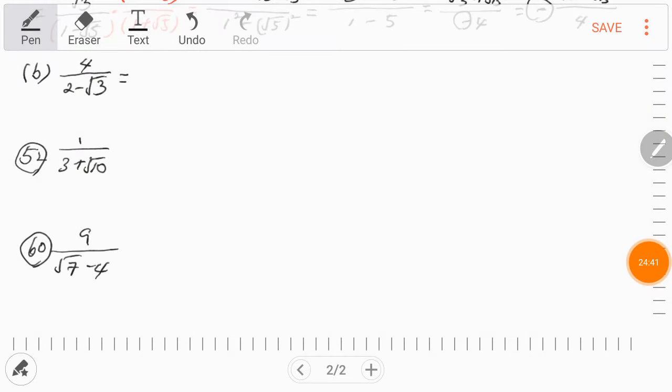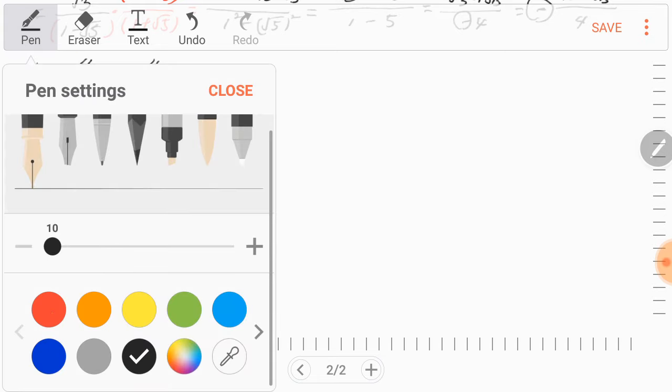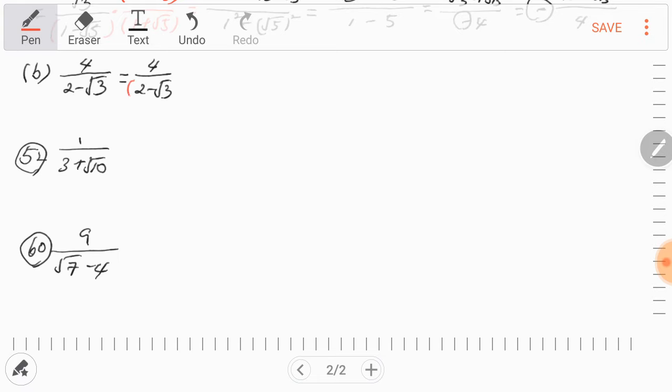Okay, let's keep doing our examples. Okay, in this case, we're going to multiply. The denominator contains square root of 3. So we have to multiply both top and bottom by the conjugate of the denominator. The conjugate of the denominator is what? 2 plus square root of 3. Change the sign, minus into plus. So the numerator is still the same. And this is equal to,